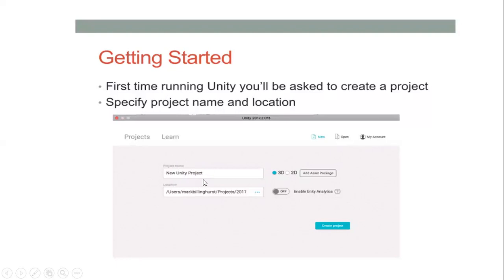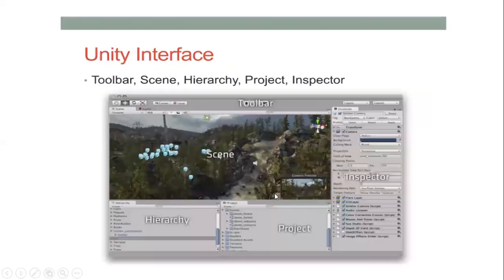Try to use the same project name, and make sure you know which location you're saving it in. Don't forget your location path, because in some sessions I might ask for your location path while you're doing the code. If your location path is wrong, I can't help you, because I'm not sure in which location you have saved it. You are the person who needs to remember your exact location. And the second thing, the environment has to be 3D. Once you're done, click on create project. Once you click create project, your page pops up in this way.